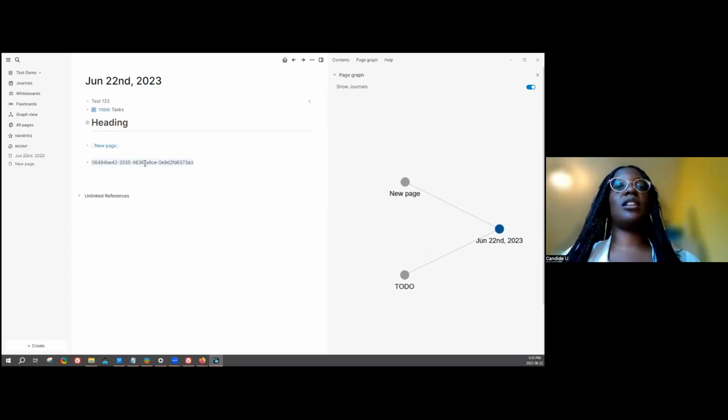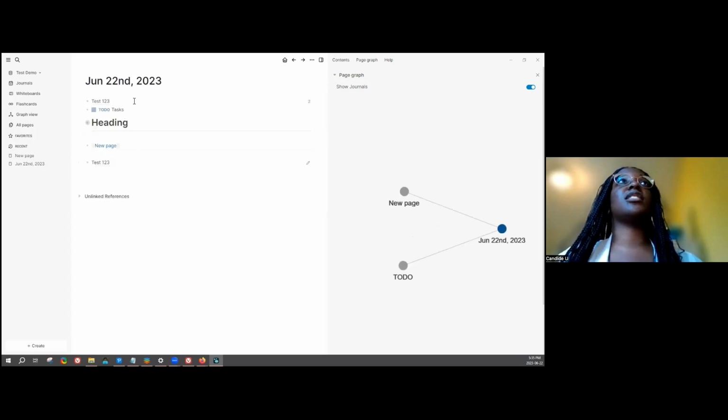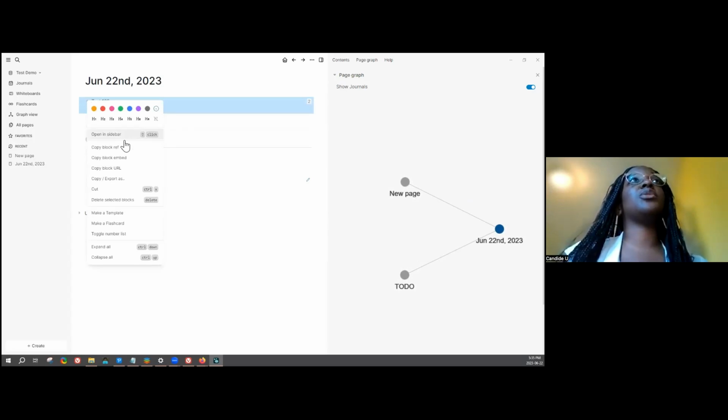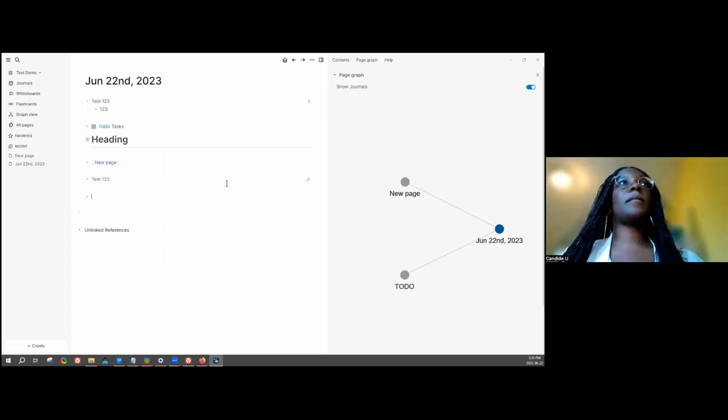So you can have block references within the same page, or on a different page. Another interesting thing you can do is have block references and also embeds. The difference between embeds and references is that if I right click here and do copy block embed, and then paste it in here, I'm able to edit the text inside of the embed.